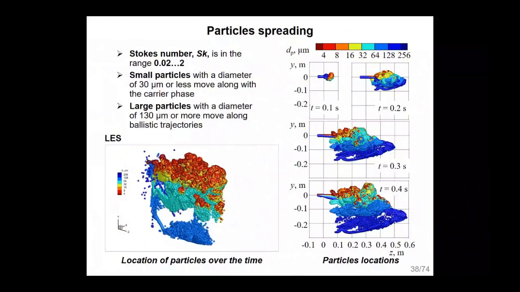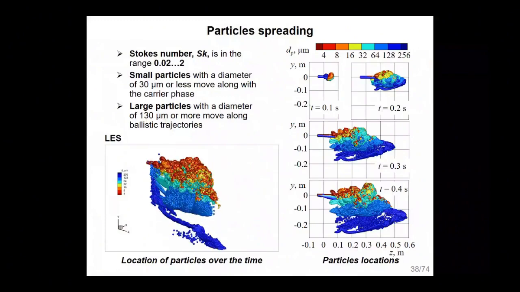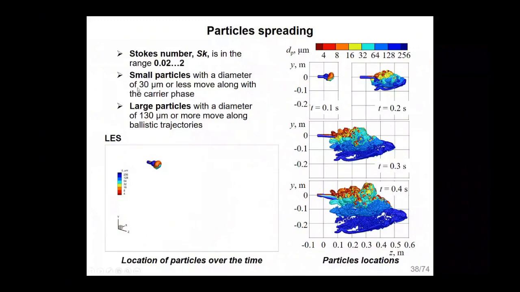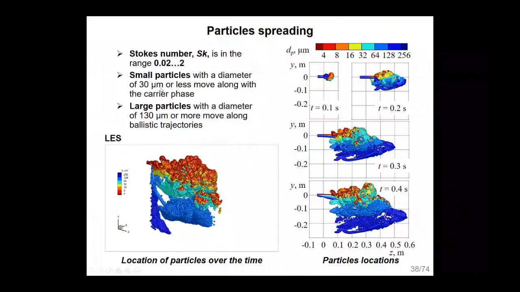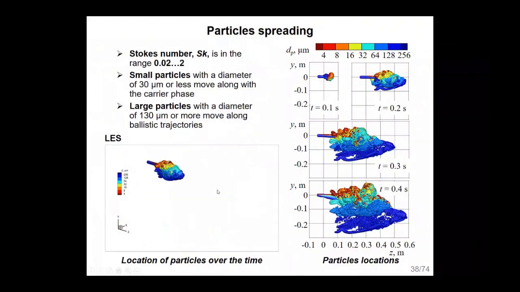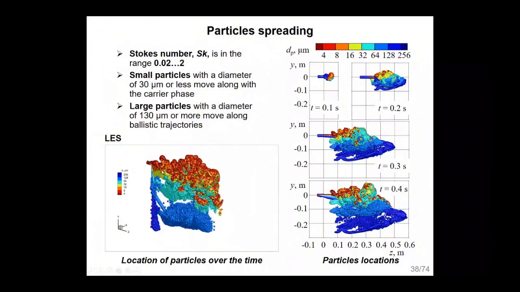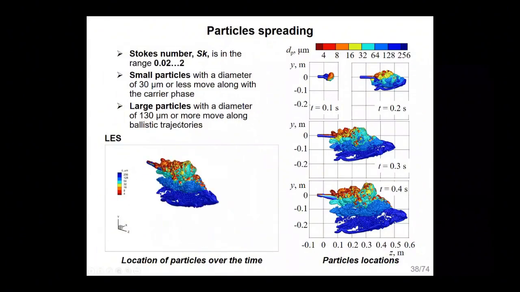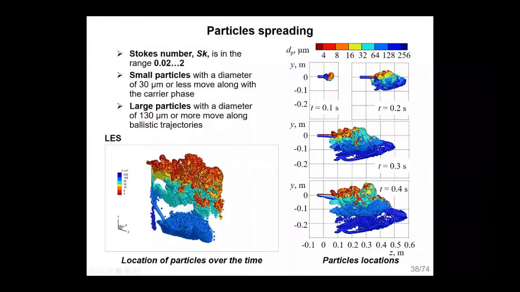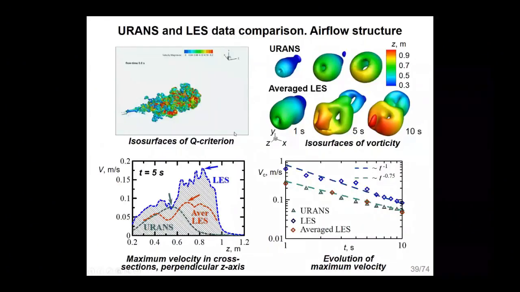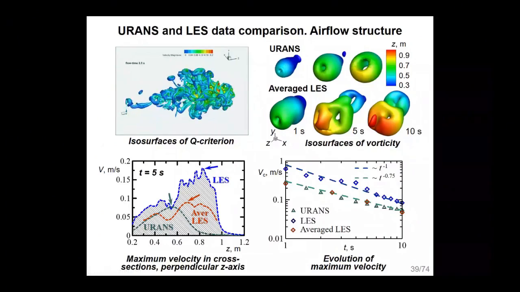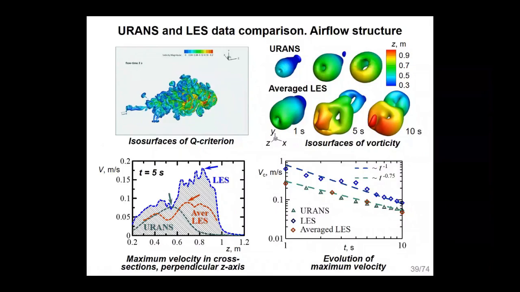The particle spreading is shown here, and as supposed, small particles with a diameter of up to 30 micrometers move along with the carrier phase, and large particles with a diameter of 130 micrometers or more move along ballistic trajectories. So here is the airflow structure. We proved that the Reynolds-averaged Navier-Stokes approach is able to predict the jet and to predict the vortex cloud movement,